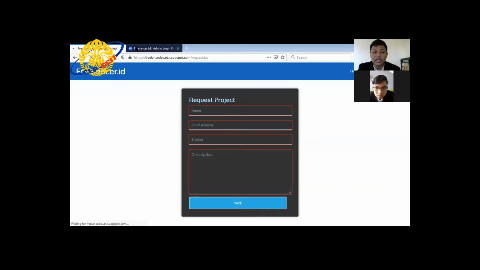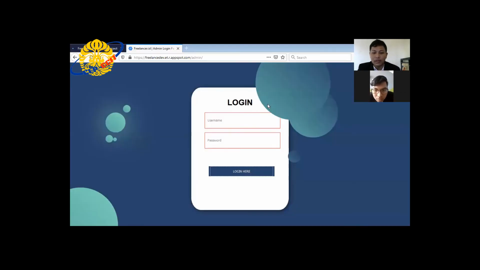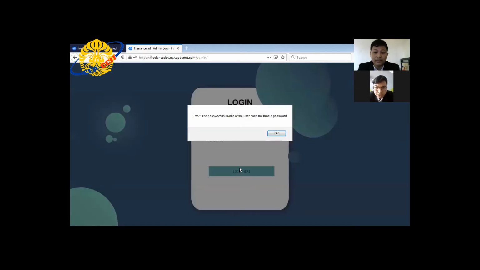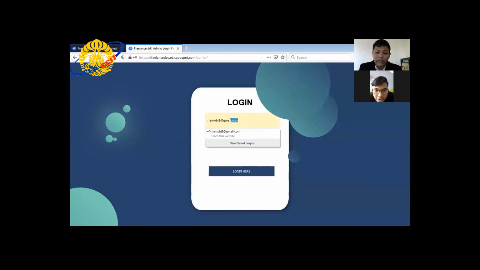And next is admin login. In the admin login, we use Firebase authentication to get email and password. If the password is wrong, it will display an error.